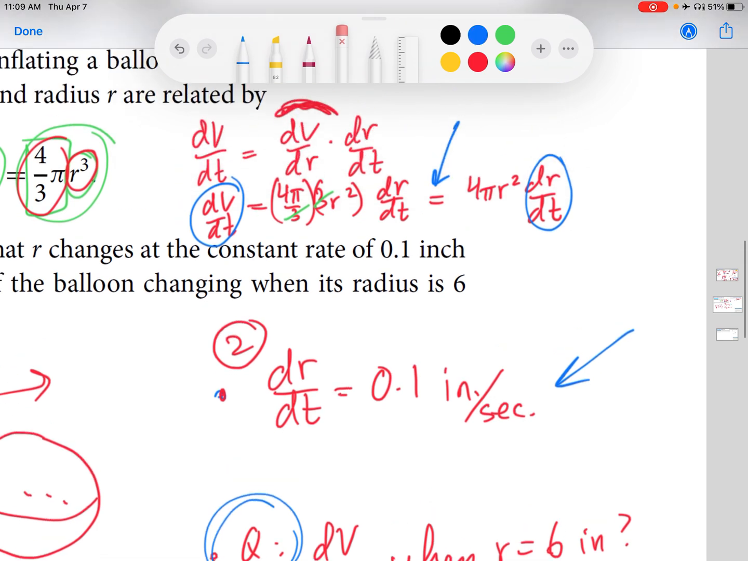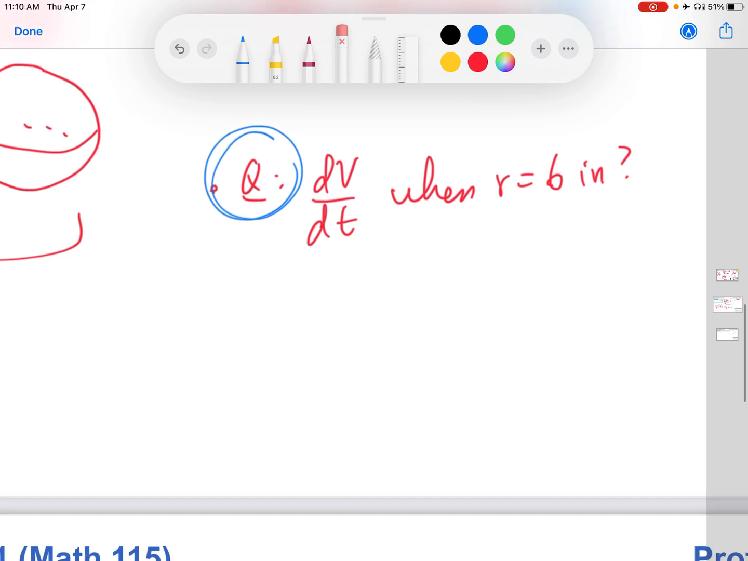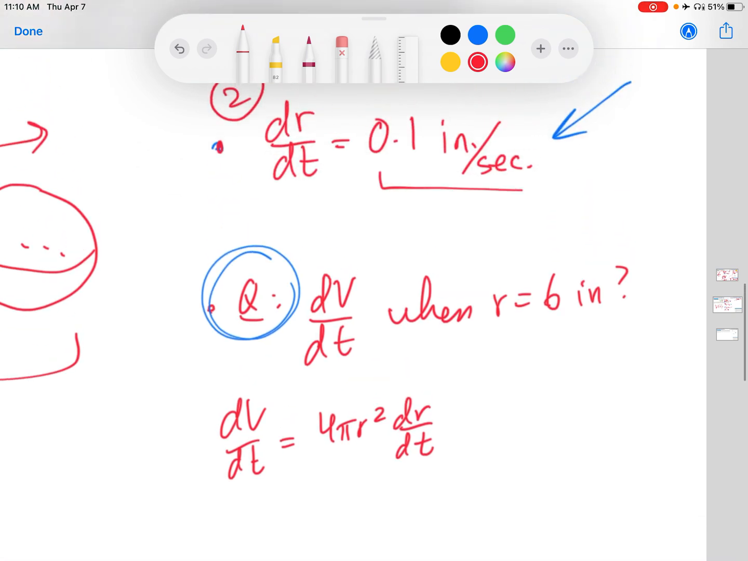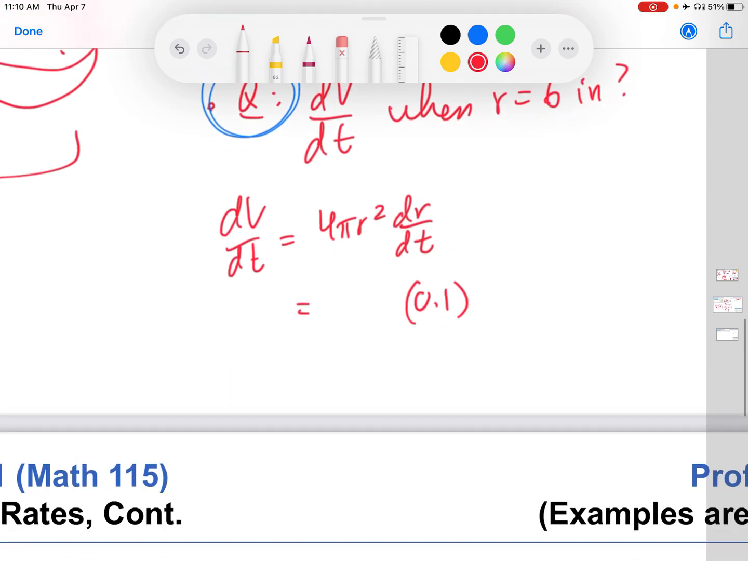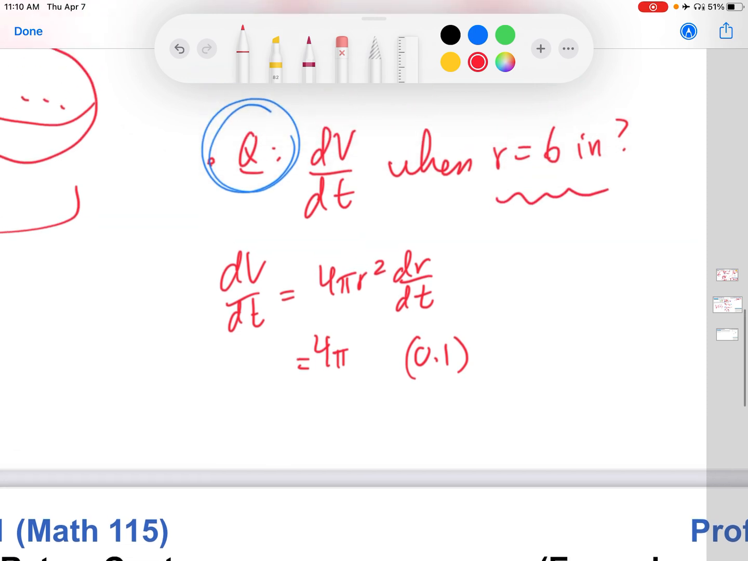Okay, so now I'm going to go down here where there's more white space and first of all write down my equation relating my rates, 4 pi r squared dr/dt. And then I'll just substitute in everything I know. So dr/dt is 0.1 inches per second. That goes there. And then the 4 pi, that's a number. And then r, this is where I go up here. I want to find dV/dt when r equals 6, so I'm going to put that in there. So I get 4 pi times 36 times 0.1, and that ends up being about 45.2